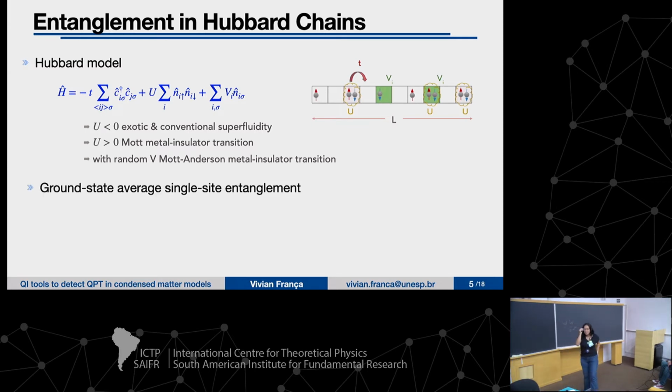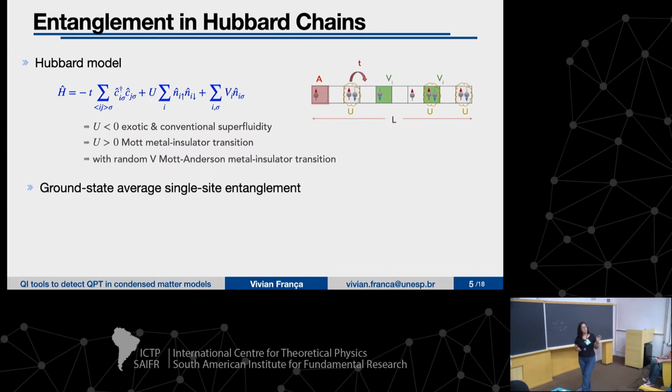But now, what kind of entanglement are we quantifying in this specific system? Here we are considering the ground state average single site entanglement. What this is exactly: we define a single site, so it's a spatial type of entanglement, in the sense that we specify the site and trace over the other L-1 sites, right? When I do that, of course, it will depend pretty much on the choice of which site I'm using to do this measure, and that's why we do an average. So we vary the chain